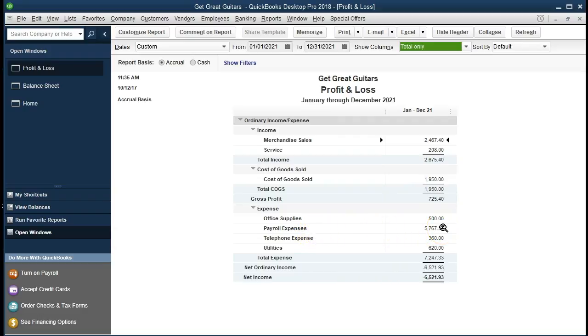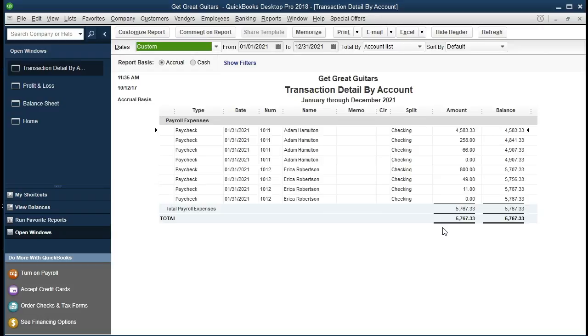If we double click on the payroll expense, we see it broken out in a lot of different items here. So note what they have here is the check amount, and then they broke out the types of withholdings being the Social Security and the Medicare. And let me correct that. These two are not the withholdings of Social Security and Medicare, but those are the employer portions of Social Security and Medicare. So what we have here are the total gross pay for the two employees,